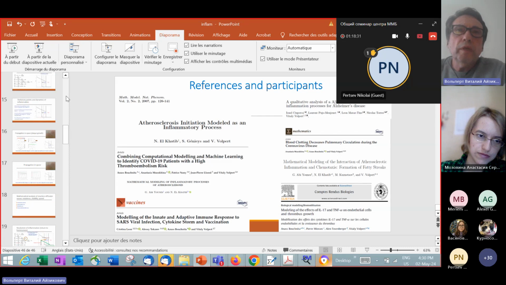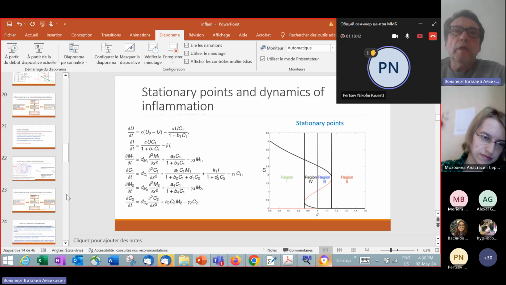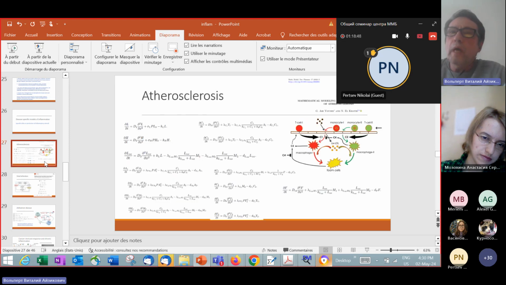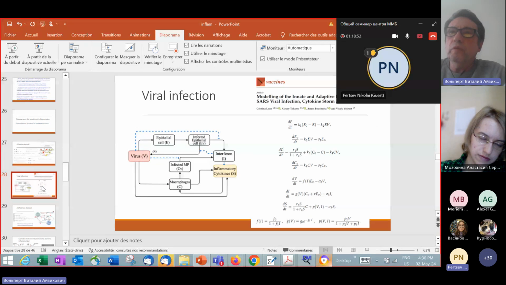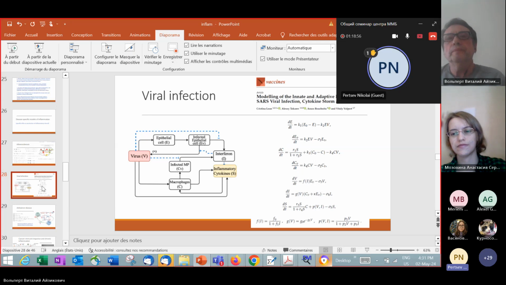Just a minute, I will find it. Yes, for example, this one. Next slide. Next. Latest, more latest. Well, I think that I showed also a more detailed model for atherosclerosis and showed this simplified model. Yes. Okay. My question is